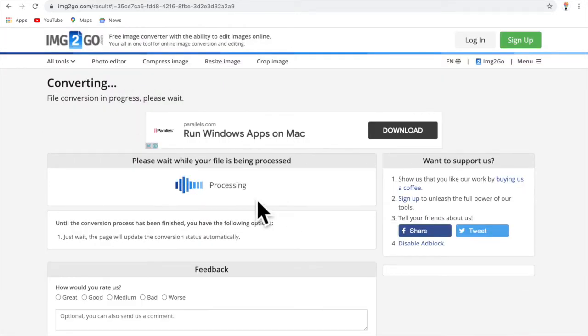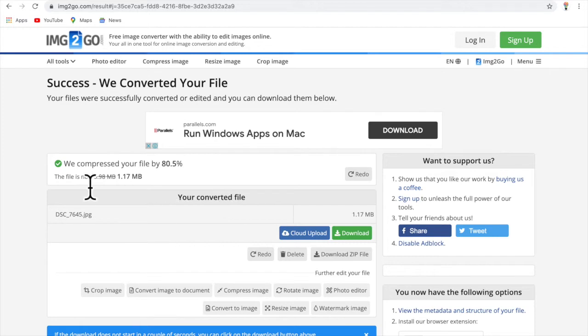Processing is being done here, and after processing, see, it is showing that it has compressed the file size by 80.5%, and now the size is 1.17 MB, which was earlier 5.98 MB. Similarly, if I want to reduce the size further, I can put this reduced image further in this compress image tool, and we can further compress the size.